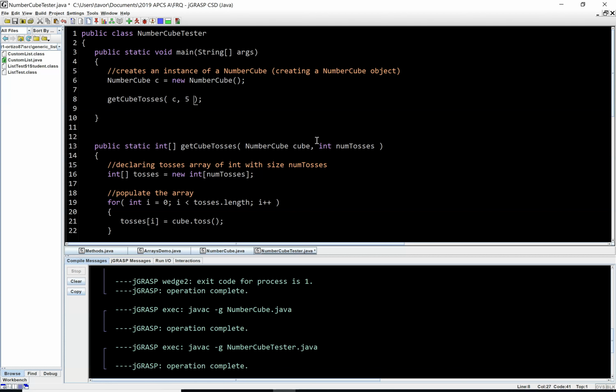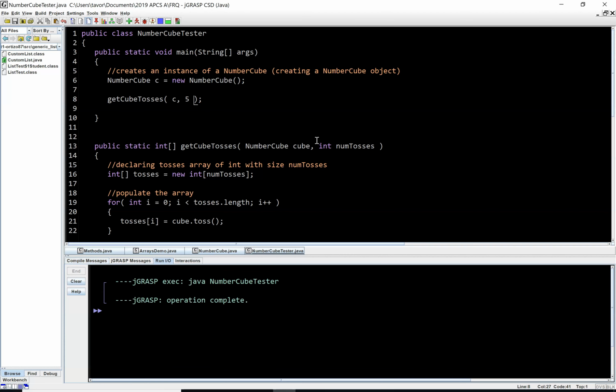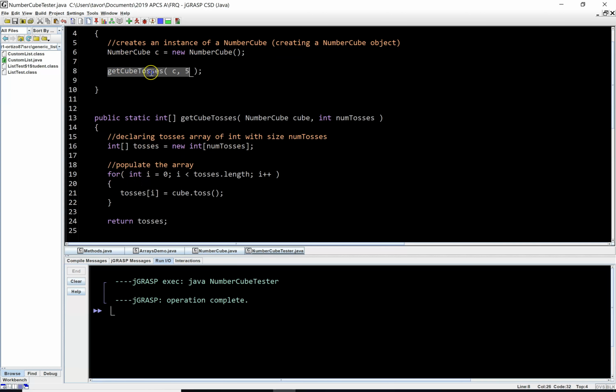And if I compile, I should get no error. But if I run, I won't see anything. Now, the reason I don't see anything is because when I executed the method getCubeTosses and I send it a number cube, C is a number cube, and I send it a 5, this number cube C is stored in the variable cube right here in the method, and then the 5 is stored in numTosses, and then all this